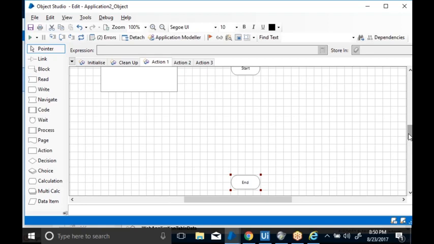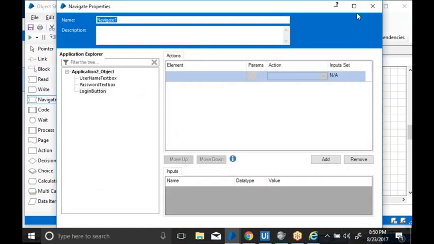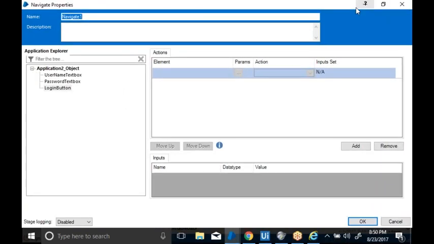In the same way, now I am going to log into a different application. To log into that application, first I have to launch that application. How can I launch the application, whatever I integrated by using the application modeler? By using the navigate stage. We have a navigate stage here. Now drag and drop the navigate stage. If you double click this navigate stage, this is the UI of your navigate stage.